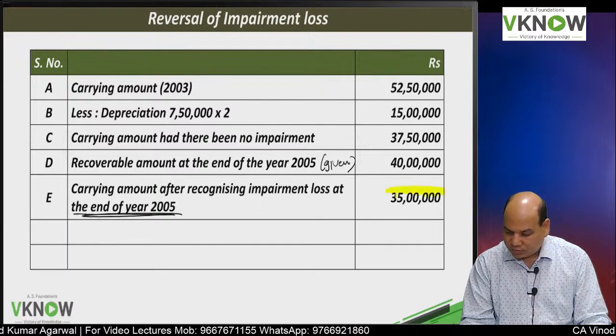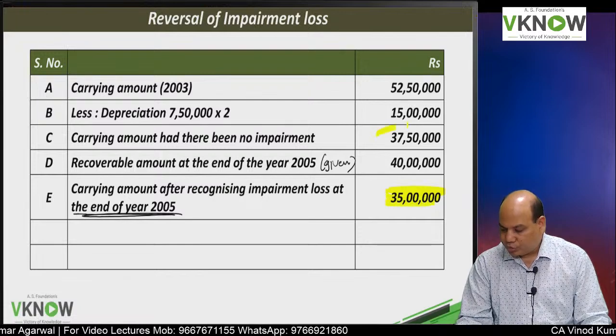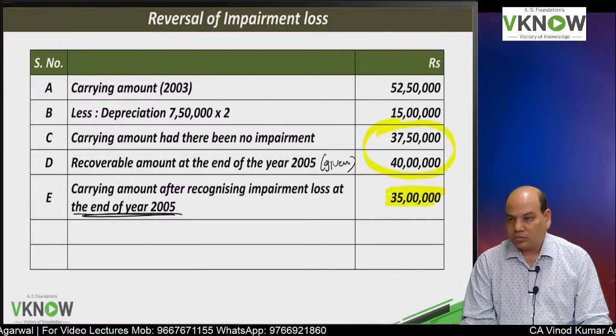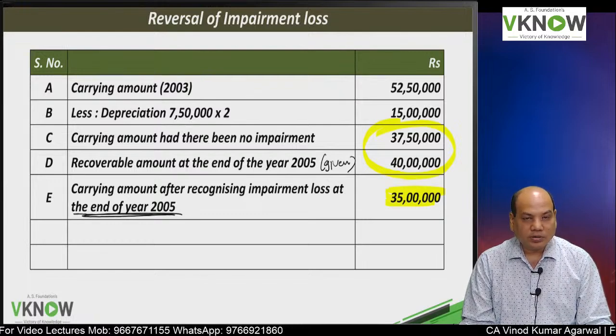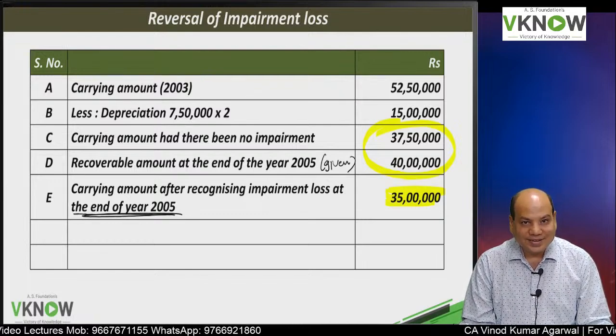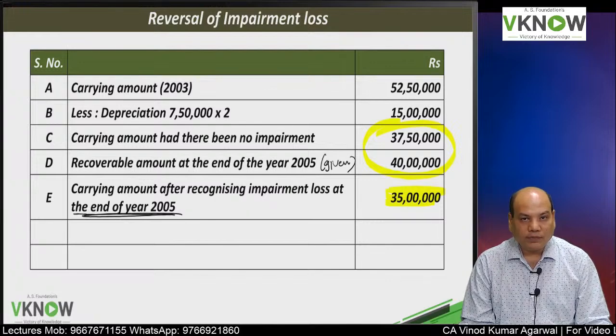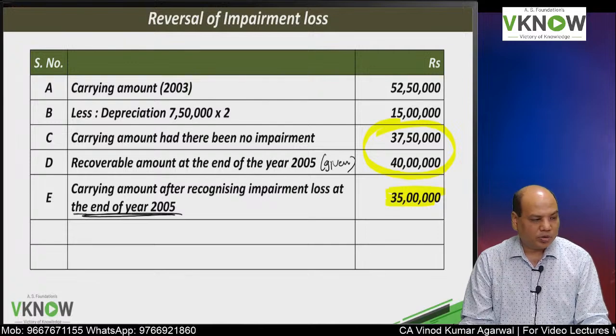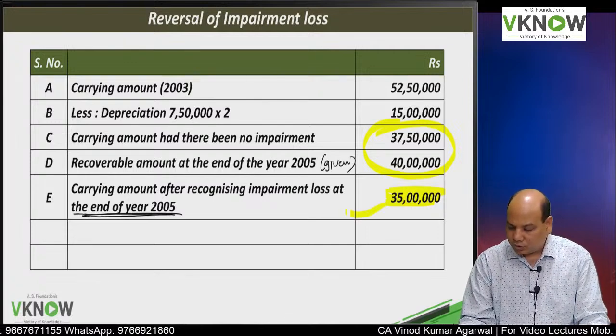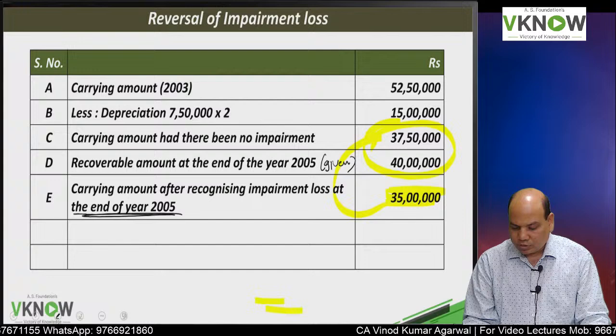So here we have to choose lower of the two. After reversal, the carrying amount should not exceed lower of recoverable amount and notional carrying amount, which is 37,50,000. So I will have to reverse, write down